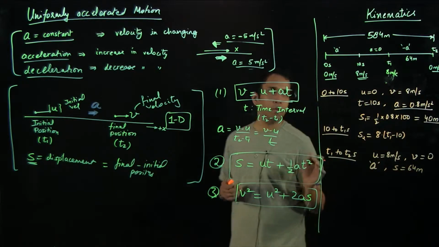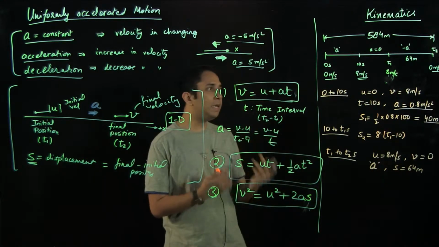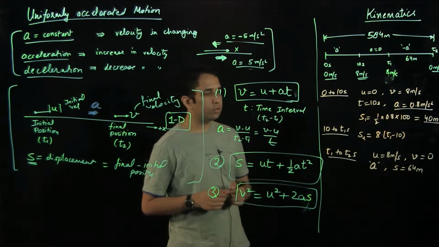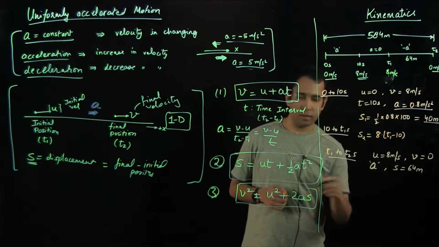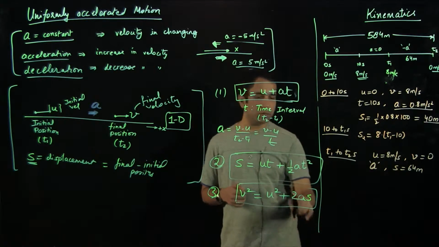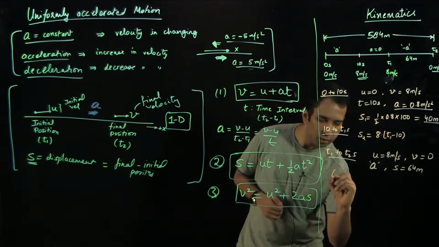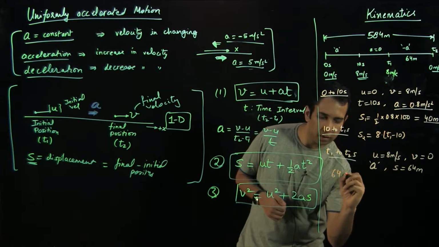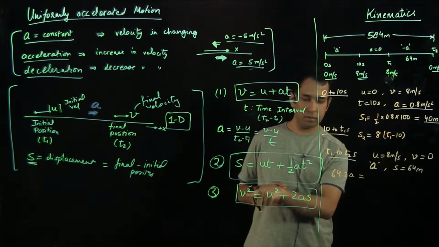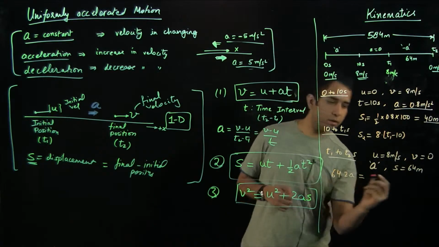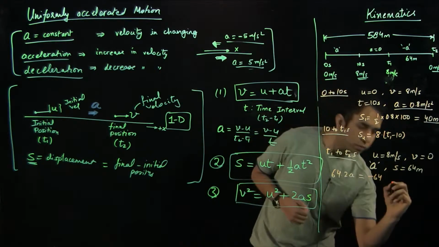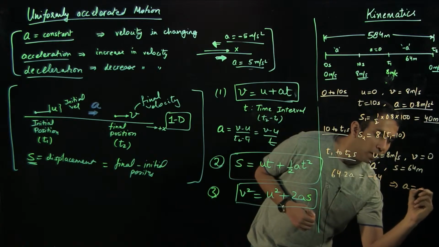We do not know the variable t because it's t2 minus t1 and we do not know it. So let us use this equation because it will be easier to use, then we can find out a. So 64 into 2 into a should give us, v square is 0, so it gives us minus 64, which is u square. So this gives us a equal to minus 0.5